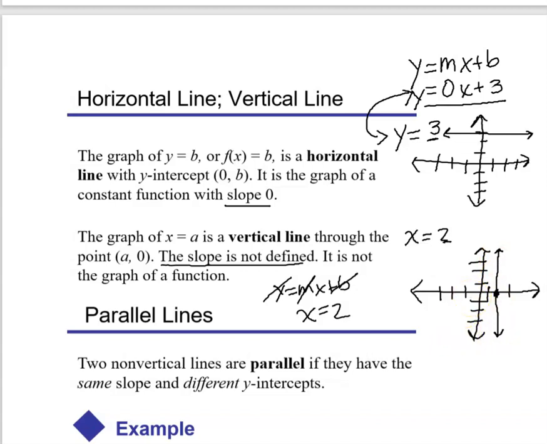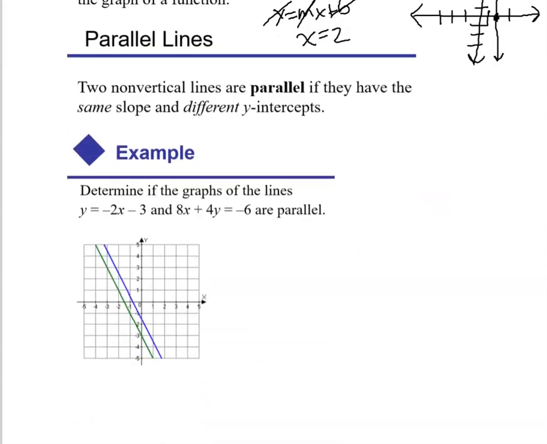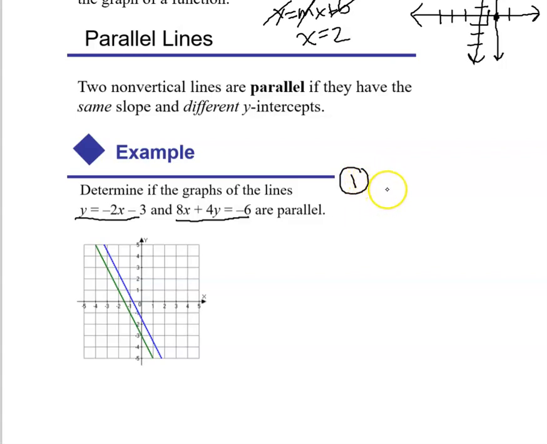Two non-vertical lines are parallel if they have the same slope and different y-intercepts. So it says determine if the graphs of the lines y equals 2x minus 3 and 8x plus 4y equals negative 6 are parallel. So what we want, condition number 1, is that if they're parallel, then they have the same slope and different